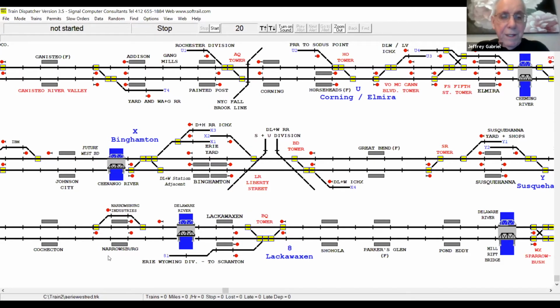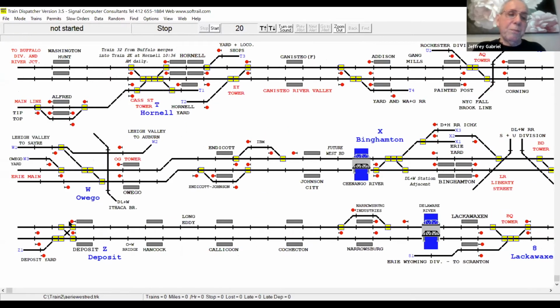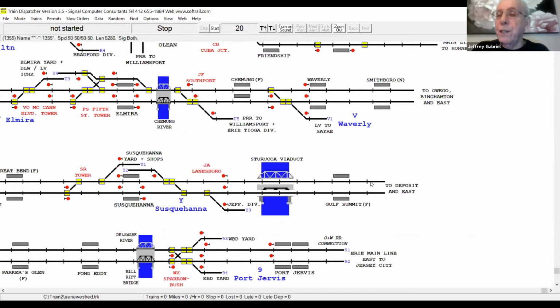Okay. Next place I showed here was Deposit. I'm going to show you now. And of course, this is where some of the passenger trains on the Delaware Division terminated or originated, Deposit, New York. One of the features I wanted to show you here is if you're navigating around this territory or any of these territories, and you say, well, where does this go? It goes off the end here. Where does this go? You just click on it. It'll bring you to where it goes.